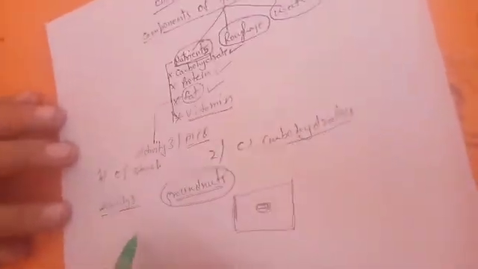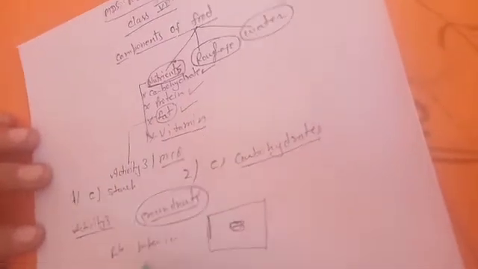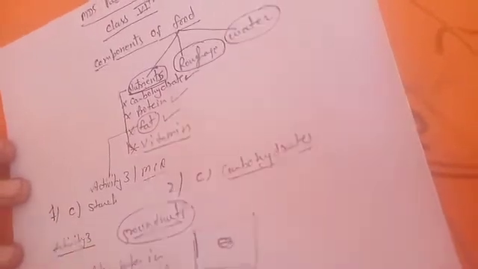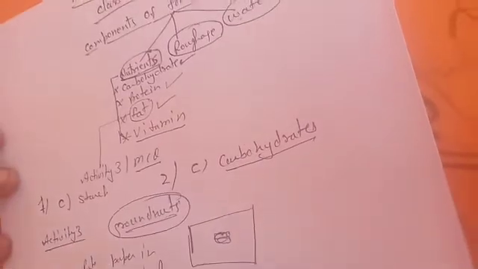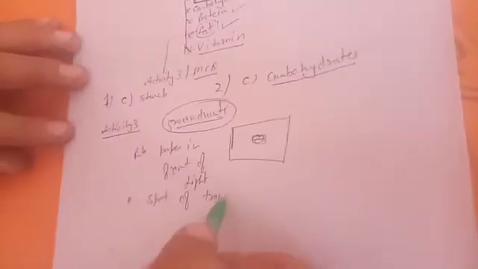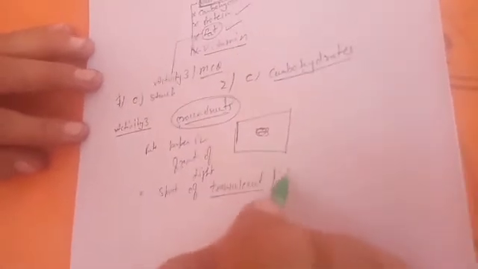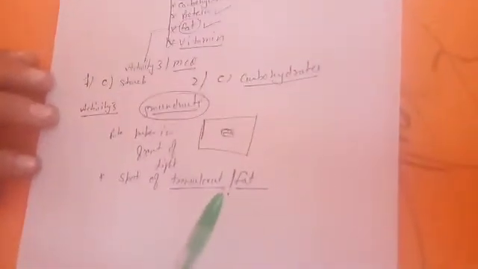Now put the paper in front of light. You will see a spot of translucence. Translucence means the paper becomes clear from there. That shows the presence of what? Fat, actually. Fat is a rich energy source, giving more energy than carbohydrate. So you must take that in proper amount.